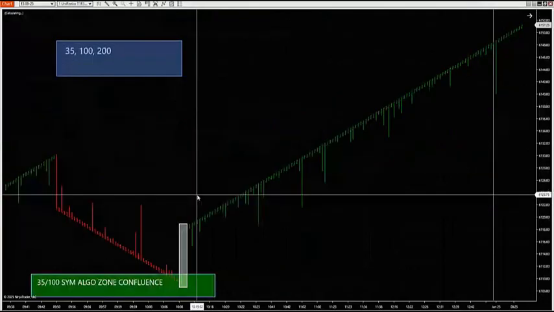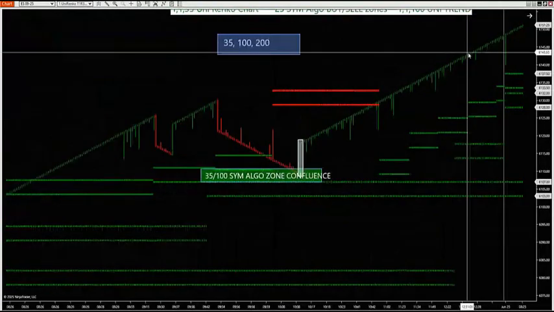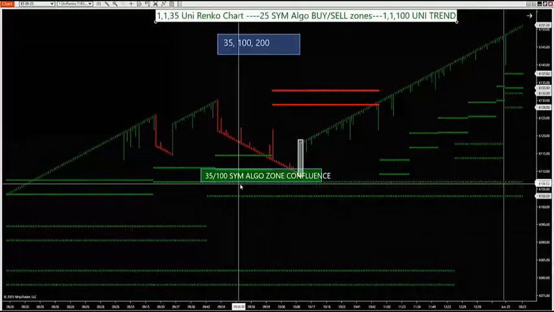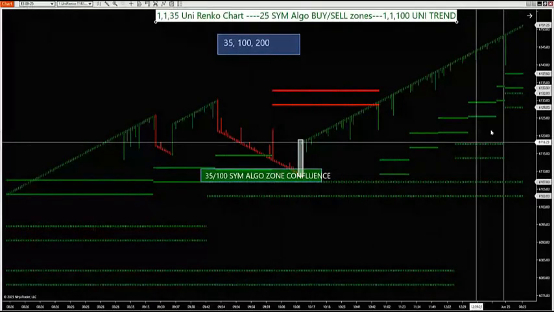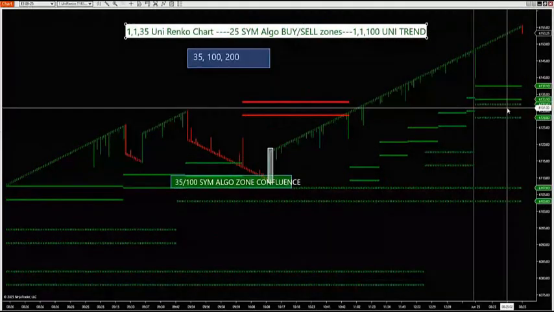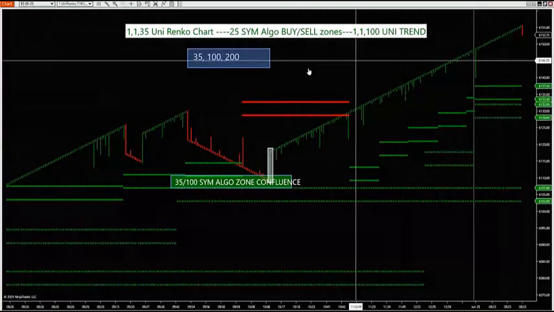Like this, and then have it as my standard chart to trade off of, my 25 with trim zone. And then I like to see when these guys conflue together, my 35, my 100 and 200 chart, when they overlap, it gives me a good spot. Right now we don't have confluence. The market's ticking. These are buy spots now on a retracement. We're looking for a buy. The market would have to come down